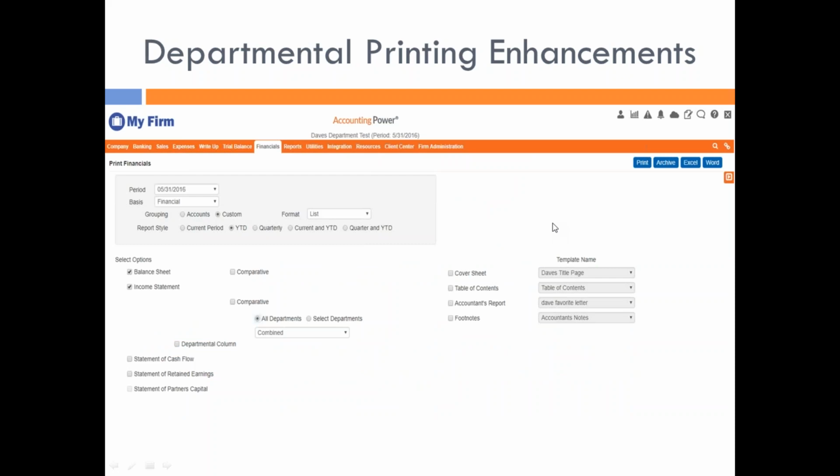Okay, so that's the first thing that we added as far as a printing enhancement. Now I'm going to show some enhancements that we've added for printing departmental income statements. We've made it easier to print more than one type of department or to select which ones you want to print. So the first thing I'm going to go into is how to do the